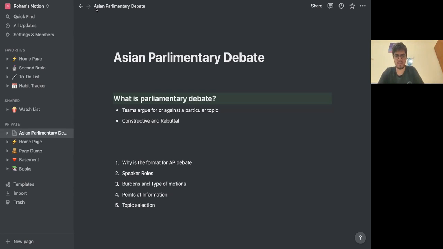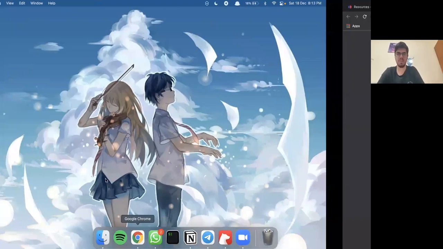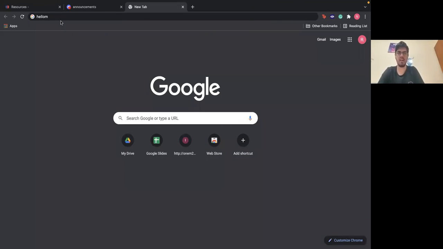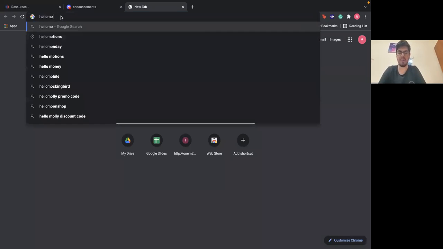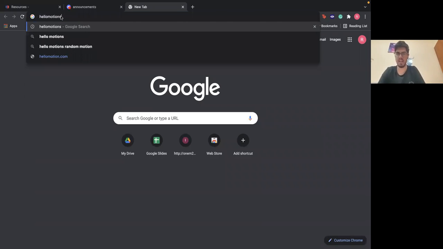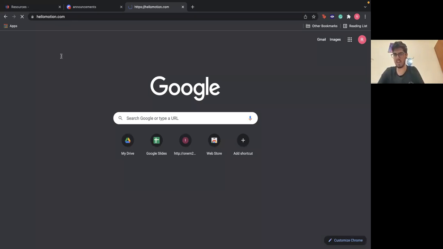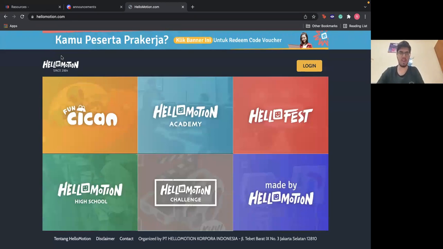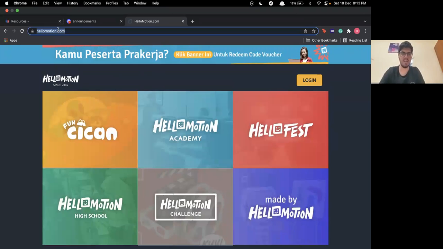Wait, my screen sharing is paused. Just give me a second, I'll share my entire screen. The reason I want to do this first is I want to show you the breadth of debating, because thousands of people around the world do this. It's India, it's other countries as well. And I also debate on an international scale.